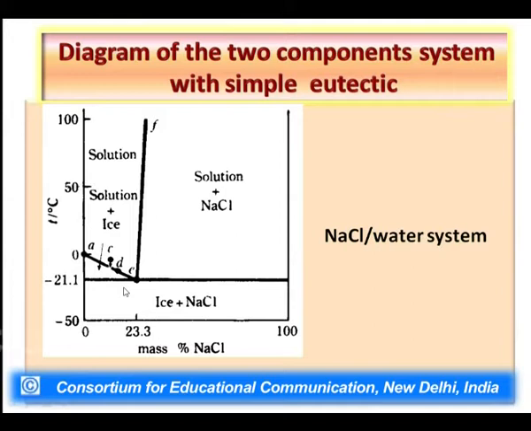It does mean that if you have that mixture at minus 22 degrees Celsius, even then it is in liquid phase. So it means water in presence of sodium chloride with this mass percentage, which corresponds to eutectic composition in the mixture, can exist in liquid phase even at minus 22 degrees Celsius. That is a very important conclusion which we can make from